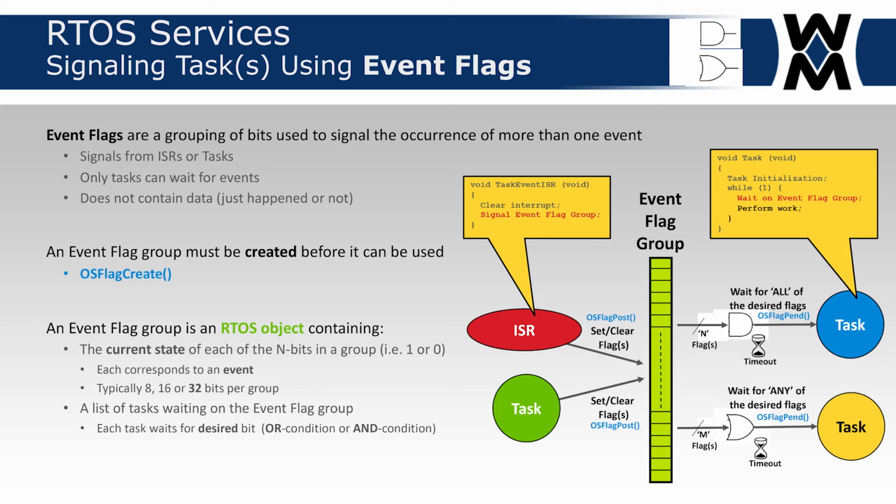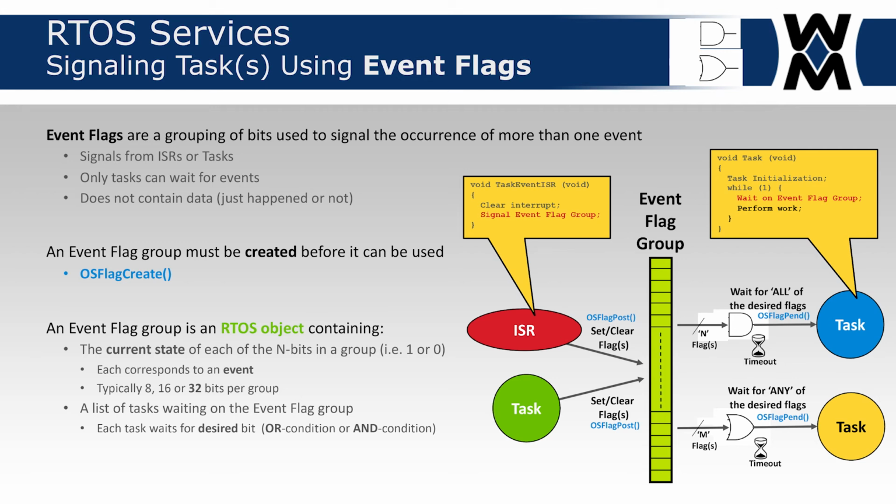A lot of RTOSs nowadays, of course, MicroC/OS-III includes that, signaling a task using an event flag. So an event flag is another kernel object. It contains a series of bits. Each one represents an event, so 0 or 1. So a task or an ISR could actually set or clear